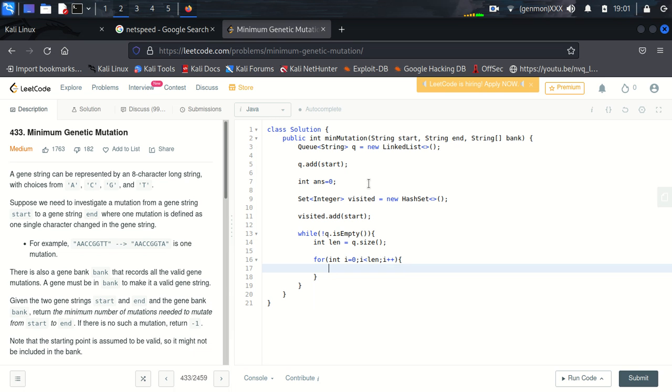So here we will fetch the element which we inserted first, and we know that queue works as first in, first out. So let's say queue.poll, and it will give the value of the node which we are polling. Let's say node. Now we will say if node equals end node, then we will return our answer. Otherwise,